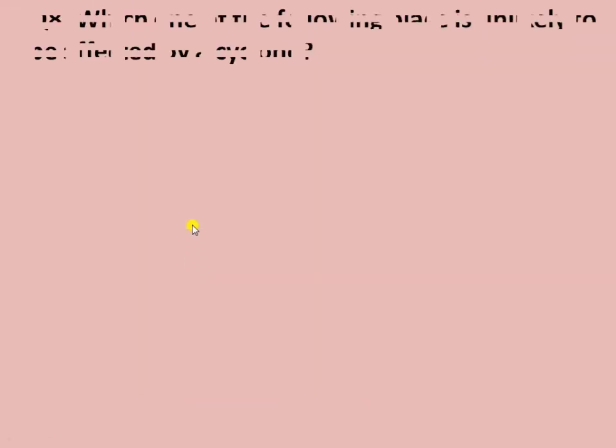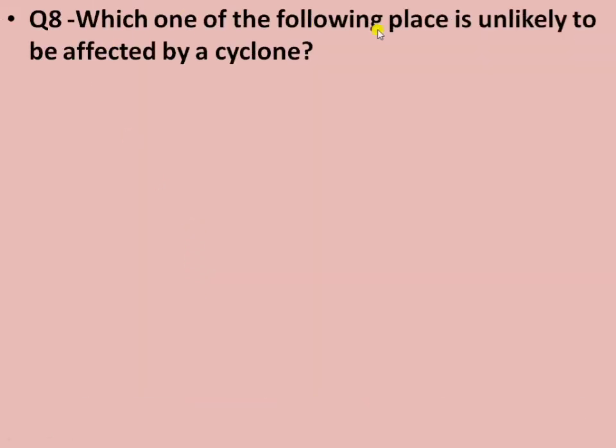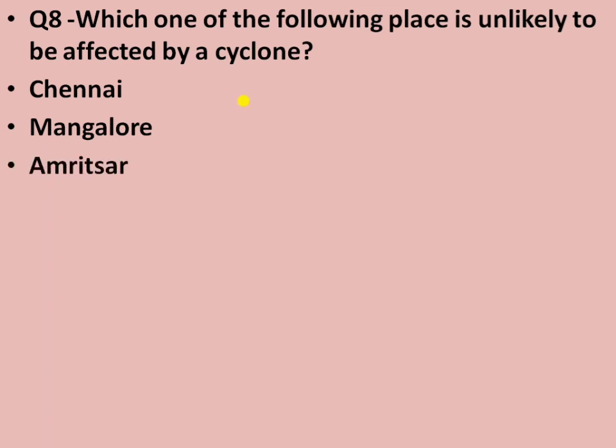Moving on to our next question, that is question number 8. Which one of the following places is unlikely to be affected by a cyclone? The options are: first option is Chennai, second is Mangalore, third one is Amritsar, and fourth one is Puri. So the answer